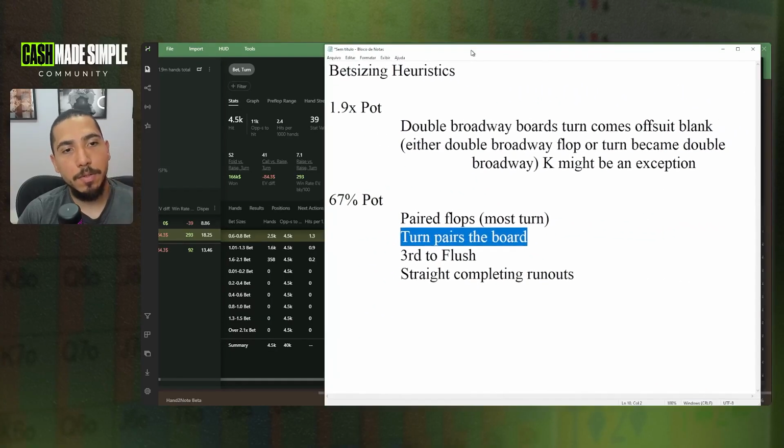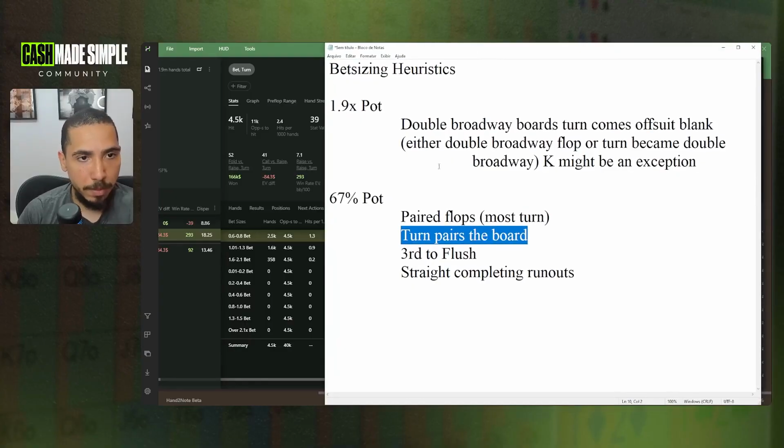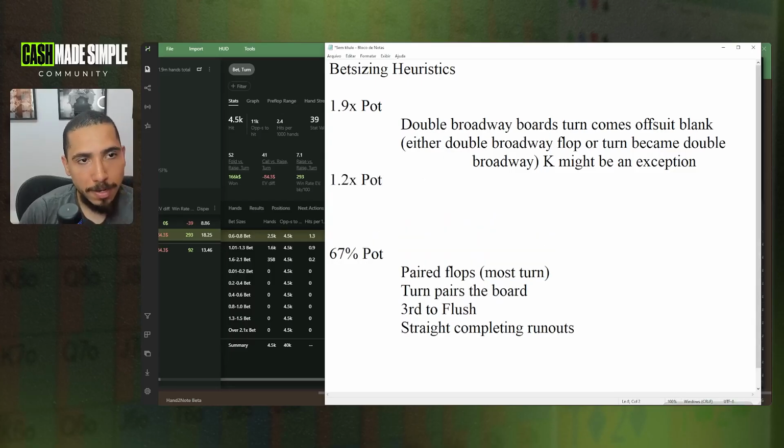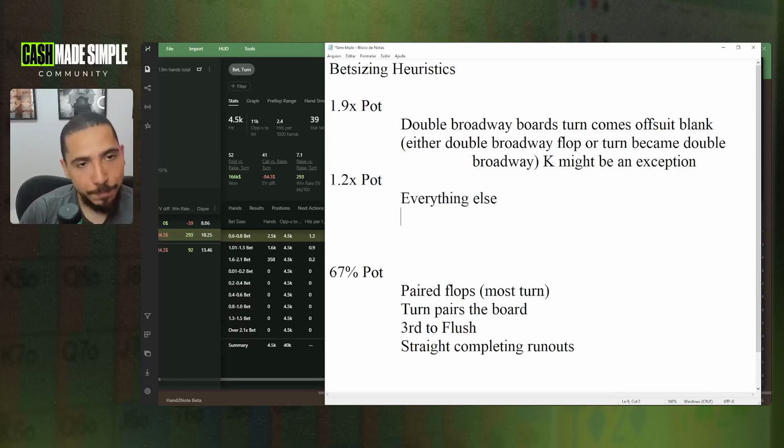Straight completing runouts, third to flush, turn pairs the board, paired flops. Everything else is gonna be in between. So where did he use the 1.2x pot size? Basically on everything else. These are like